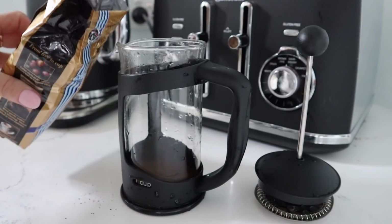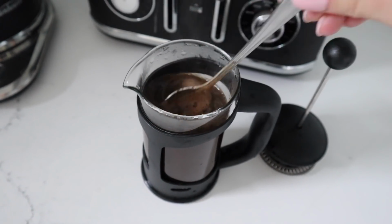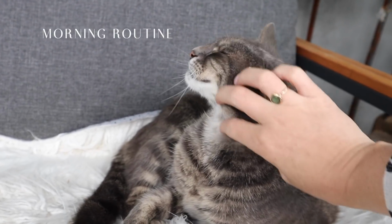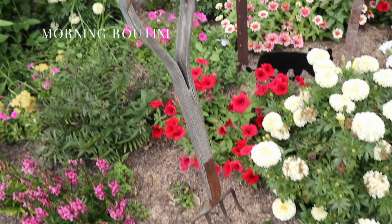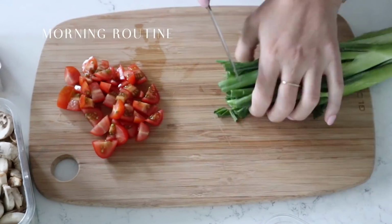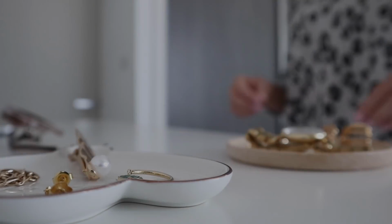Yes, I'm already up to my second coffee. There's also this old garden fork thing. So, I don't know what I'm trying to explain here. But